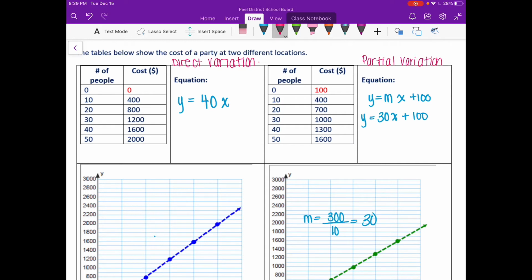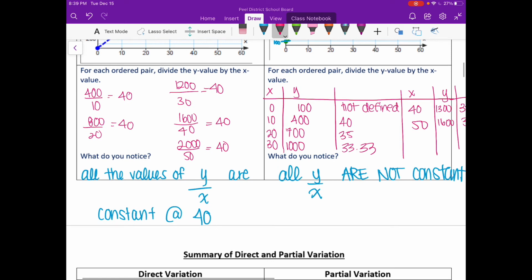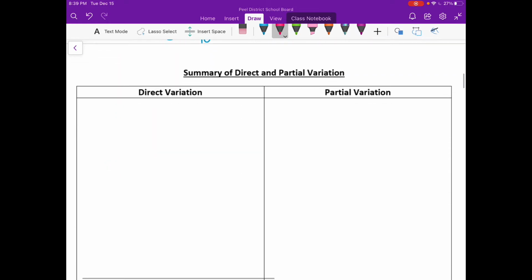And that's because you have some change coming from the slope, but you also have that initial 100, which kind of skews the data. So what happens here is that you have not a constant rate of change, or what's looking like it's not a constant rate of change. When you divide the x and the y, or the y and the x, they're not constant. Okay, so a direct variation has 0, 0